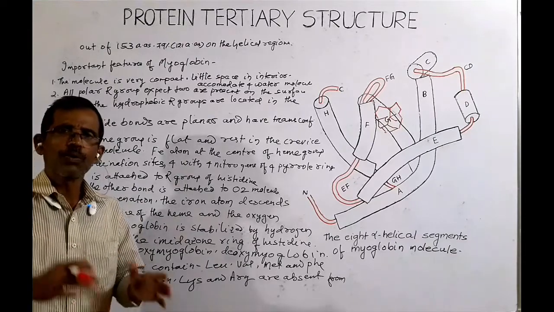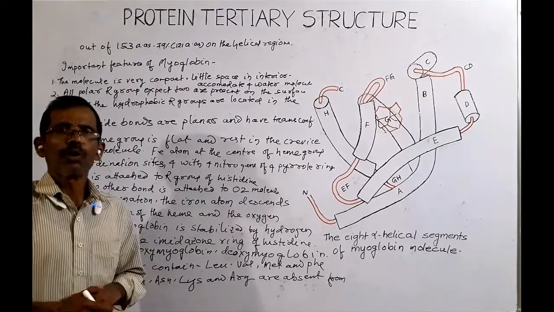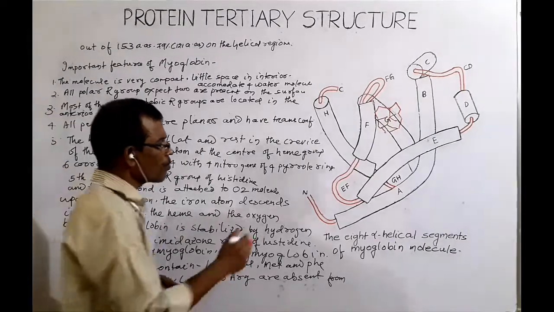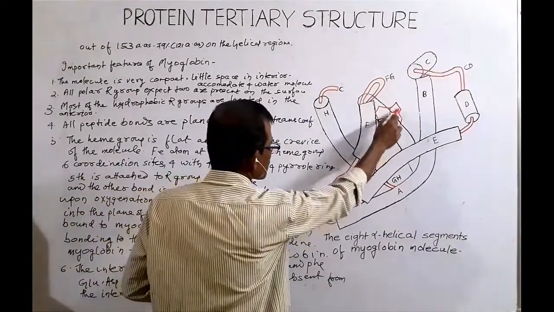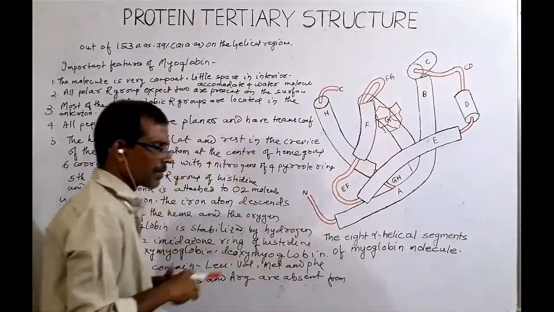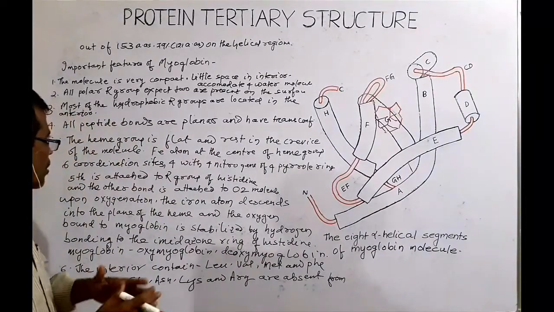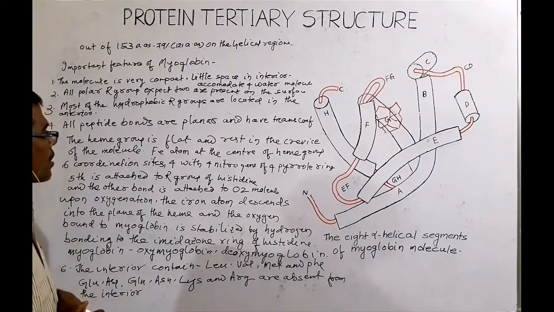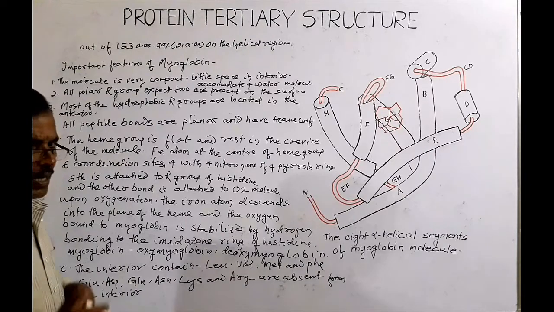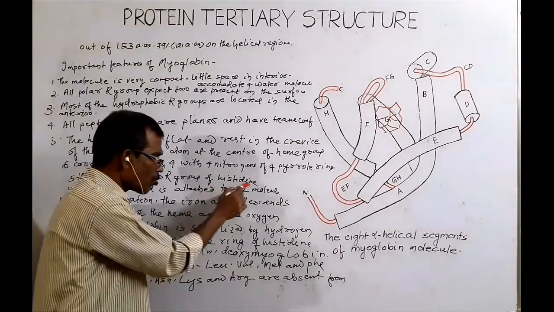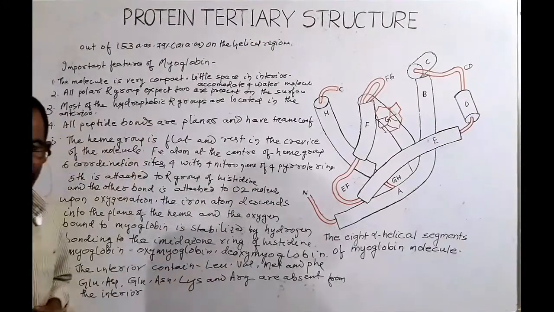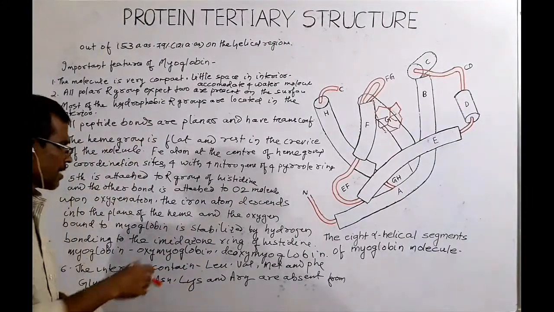Out of 6 coordination sites, 4 are occupied by the 4 nitrogens of the porphyrin ring. Of the remaining 2 sites, 1 is attached to the R group of histidine,